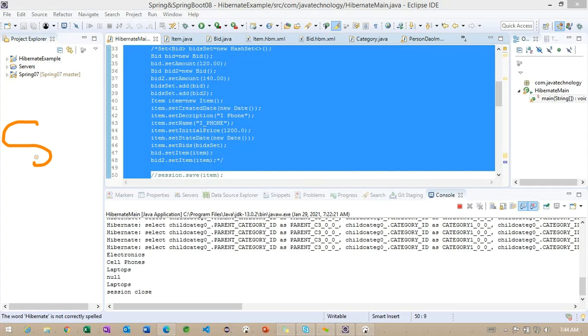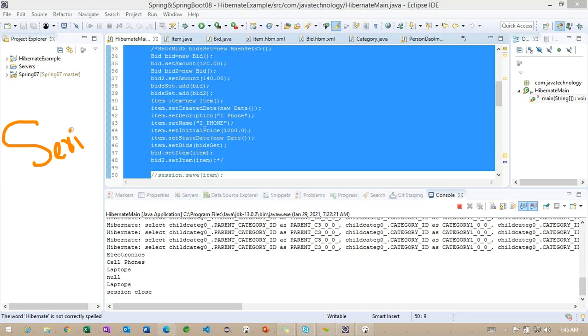Whenever we are trying to do any transaction, only one transaction is going to allow our application to perform the operation. Getting the point? So this is all about the isolation level, and we'll see more information on the Spring related application. But in Hibernate, we don't have much information.